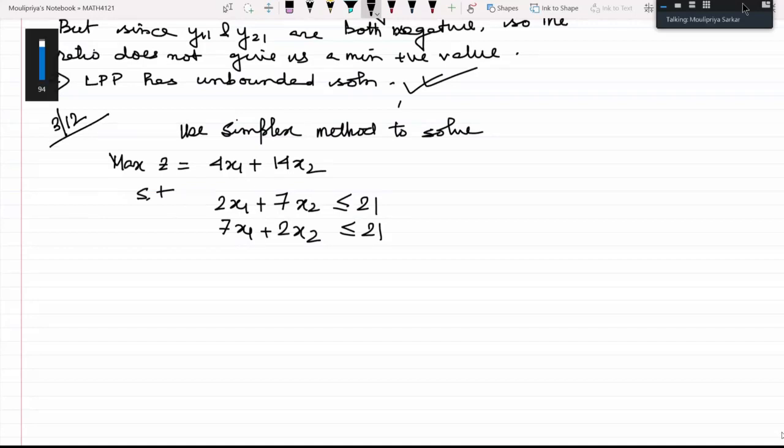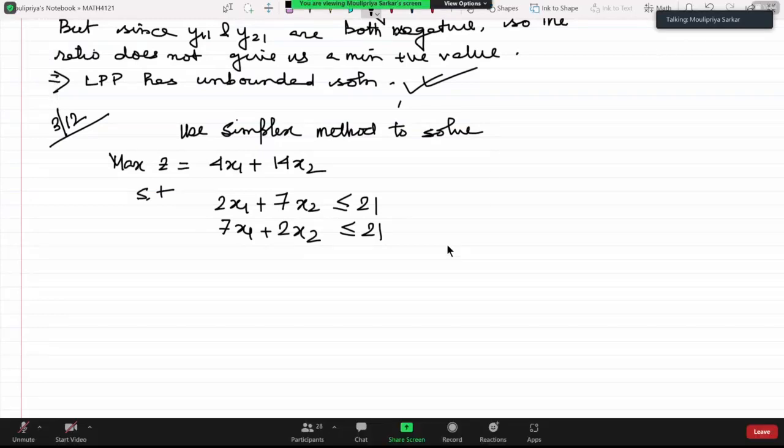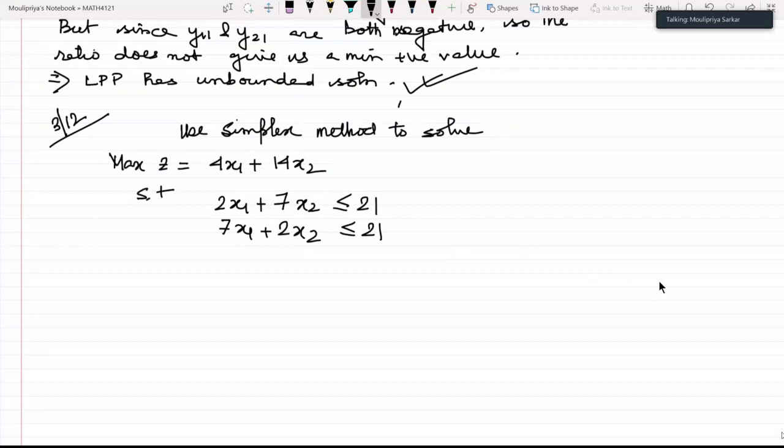Tell me, if we are to solve using simplex algorithm, then the first thing that we need to do is convert the given problem to its standard form. For that, what do we need exactly? What kind of variables do we require? Slack variables, correct? So you can recast the problem as,